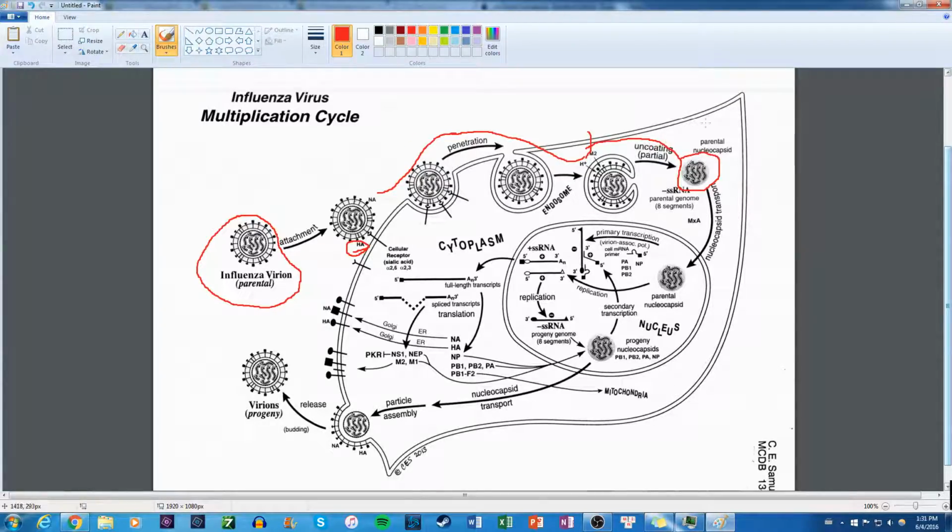I can't remember. But anyways, what makes flu special is that it doesn't make its own RNA primers for transcription, unlike the previous 4 viruses. That's my point. So it's essential for flu to go from the cytoplasm into the nucleus, because here it will steal the RNA primers from the cell